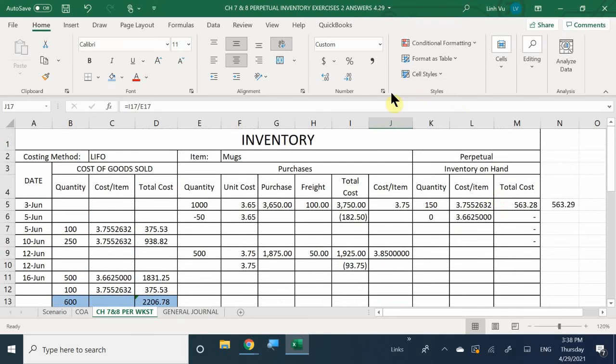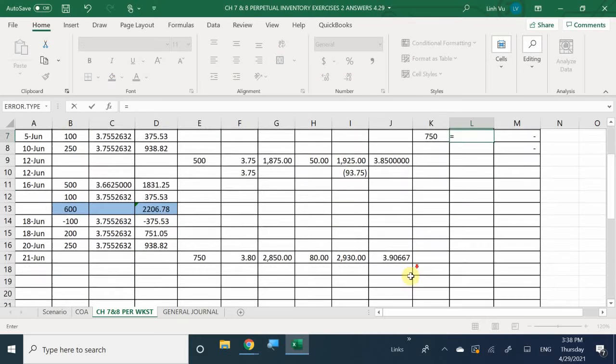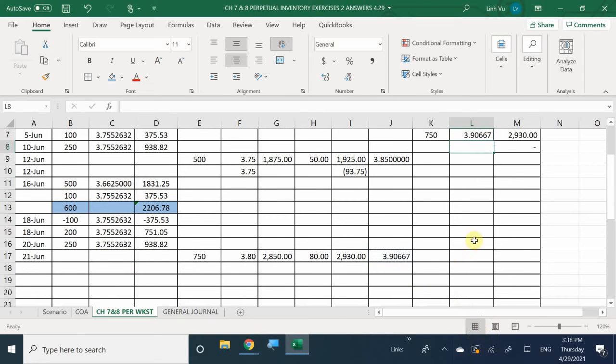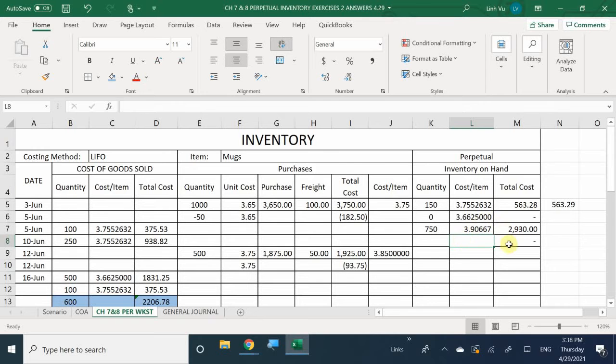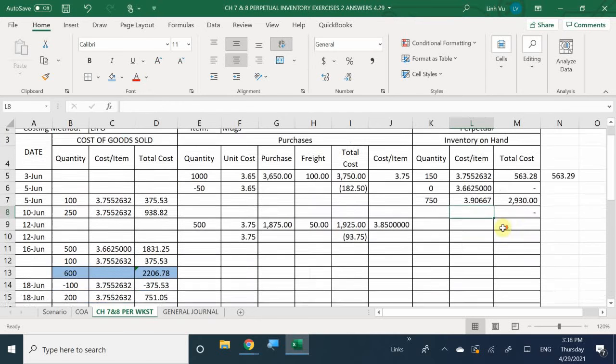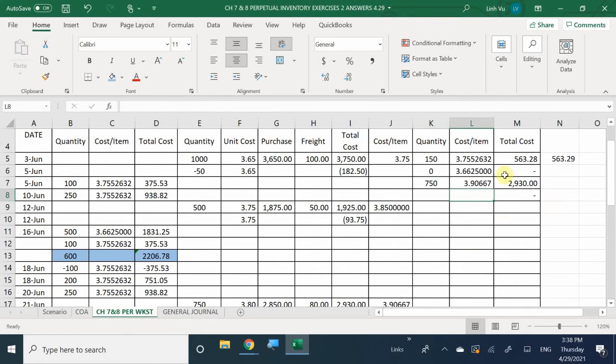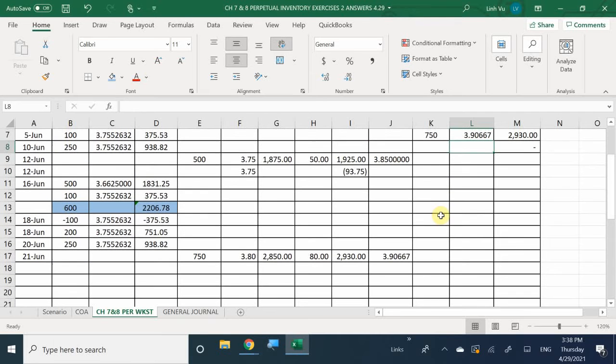Okay, so we know that this is going to be an uneven number. So let's go ahead and plug it into my inventory worksheet on hand. I should have a total of 750, and then I'm going to reference this down below. And it should reflect that I should have a total of the 2,930. So there you go. I updated my inventory. Now I have a new batch. So the next time I sell something, I'm going to start from that batch, because it's the last thing that I purchased. So I should start with that one first. Okay. So now we have the crucial information, right? That we just purchased a total of